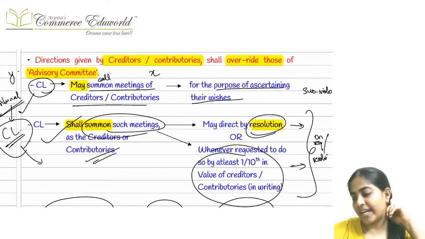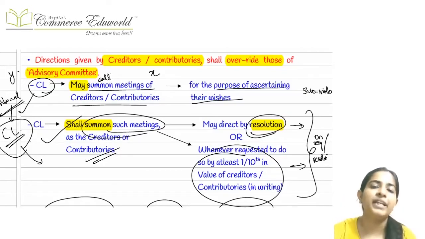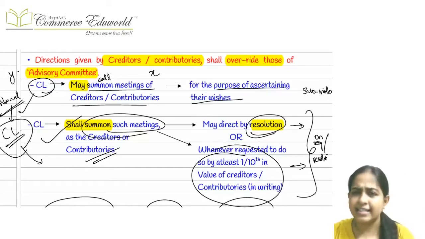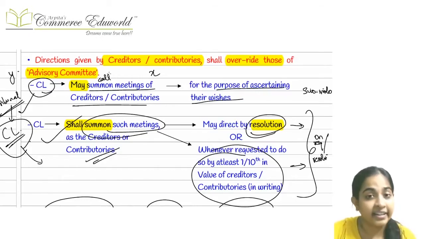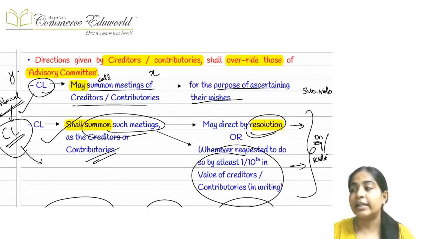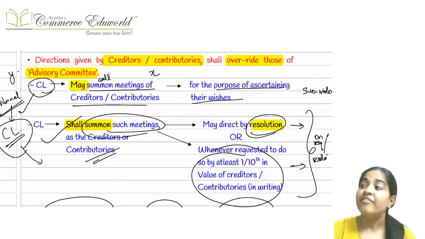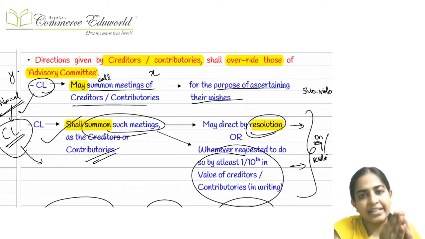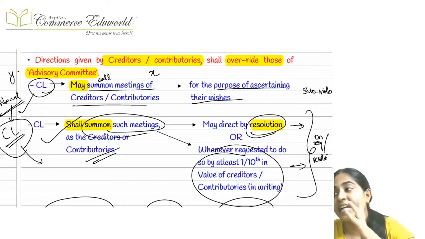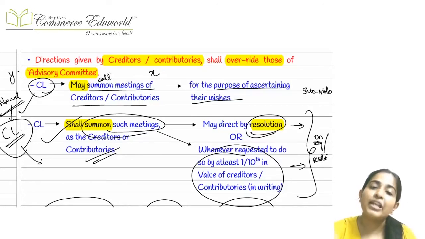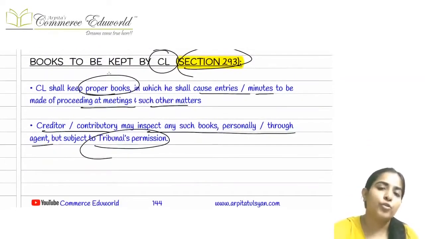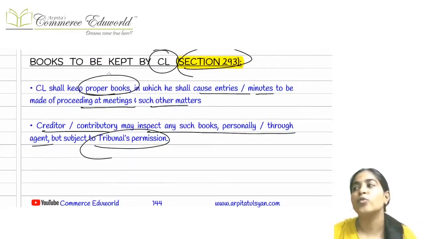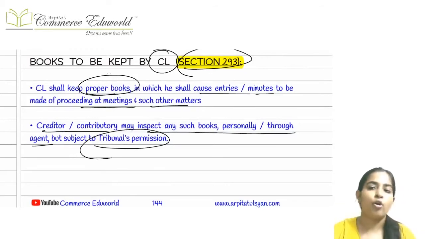And just like I had told you, in the advisory committee we have the creditors and contributories only. Ideally the advisory committee consists of the creditors and the members only, so we listen to them and consider their views. Alternatively, if we want more people to give their views, we can call the meeting of the creditors and the contributories. In the advisory committee, the numbers are restricted to 12, but when we go to the creditors and contributories, the numbers increase. So we can call their meeting also to ascertain their views or listen to their ideas.